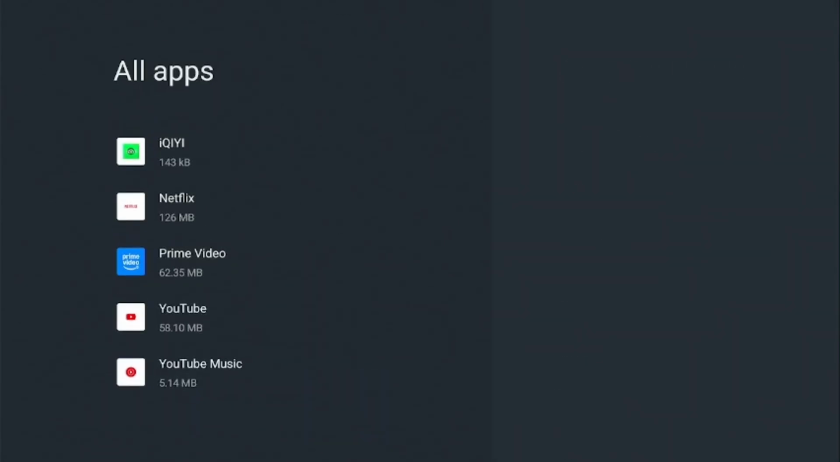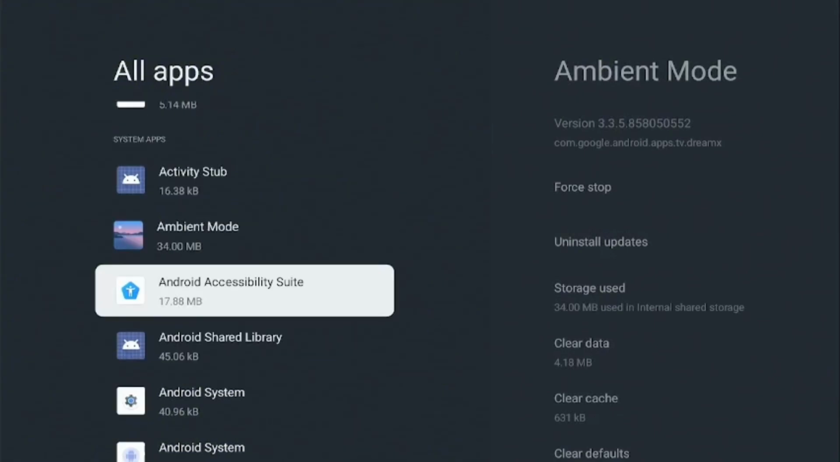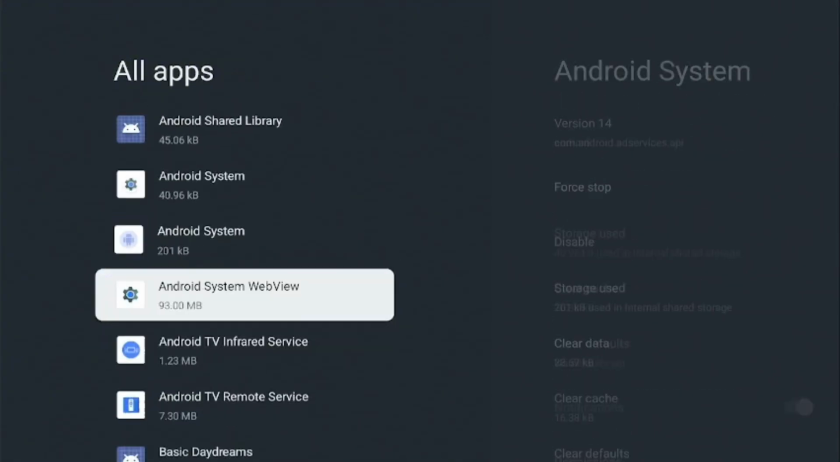So coming down to the bottom, if you just click on show system apps, you have a wide array of system apps that you